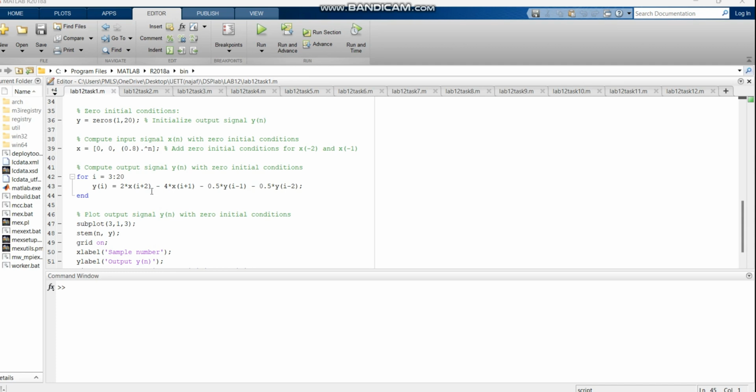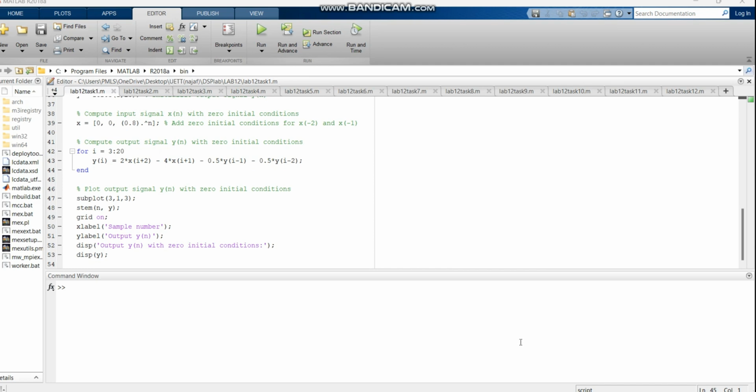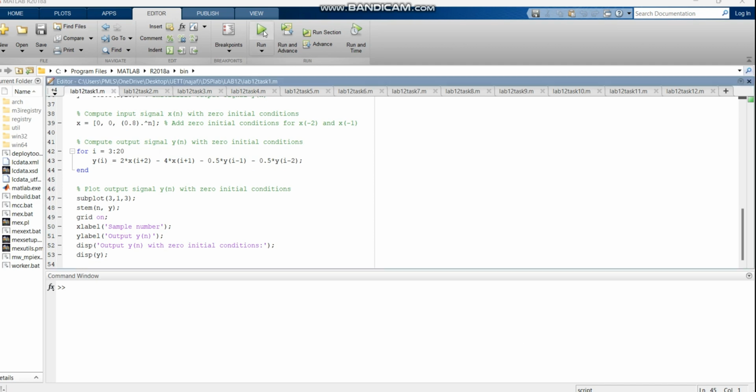And for recomputation of the output signal, we reinitialize with 0 initial conditions for the computation of y of n. Then we plot the y of n with 0 initial condition. So if we run the MATLAB code,